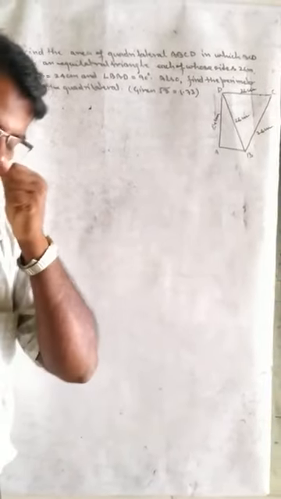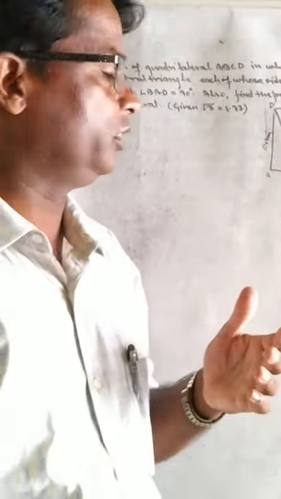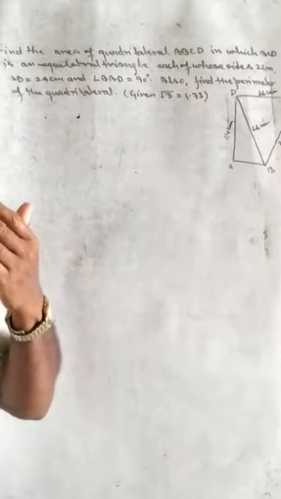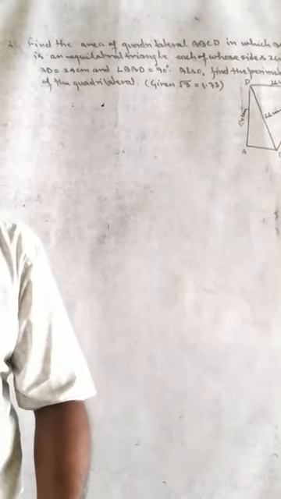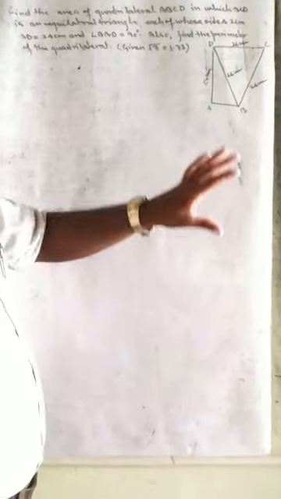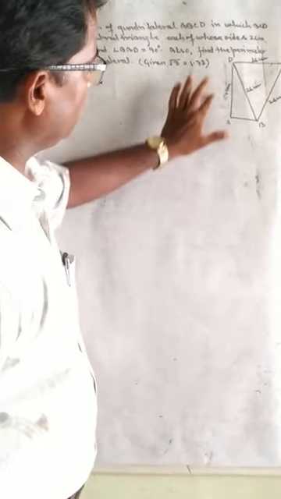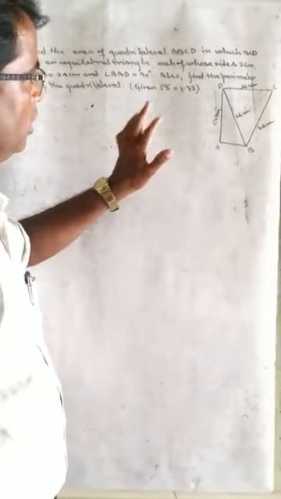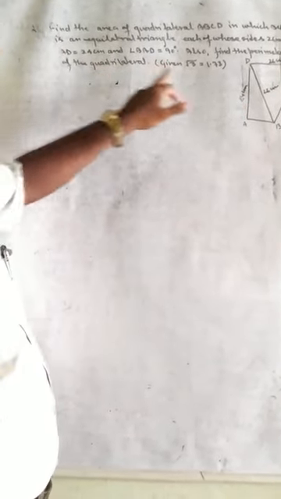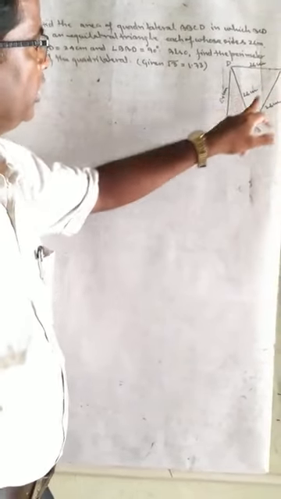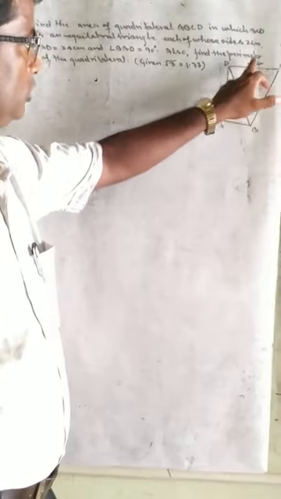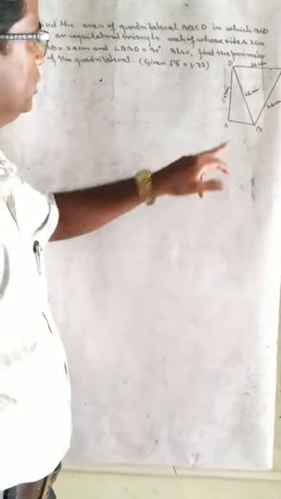Hello students. In this question I am going to discuss how we calculate the area of a quadrilateral. All of you are thinking, sir, in this chapter you only explained the area of a triangle, so how can we calculate the area of a quadrilateral? To find it using the area of a triangle, we can divide this quadrilateral into two parts. In the question it is given that BCD is an equilateral triangle with sides 26 centimeters, 26 centimeters, 26 centimeters, and ABD is a right angle triangle.